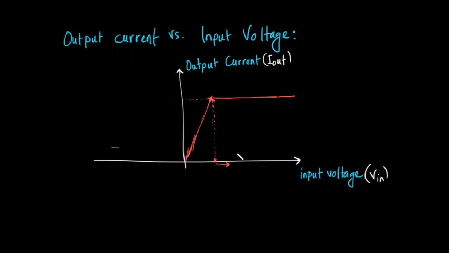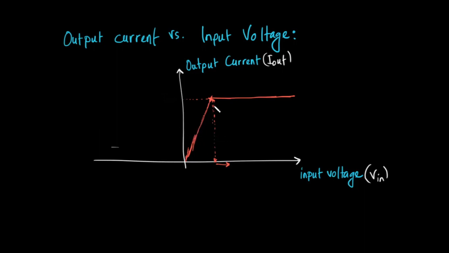So this is the transfer characteristics of a bipolar junction transistor. Initially, as you raise the input voltage, the current at the output of the transistor increases. And after the input comes to a certain point and the output current reaches a certain maximum value, then the output current becomes constant. After that point, if you raise the input voltage, the output current doesn't increase.